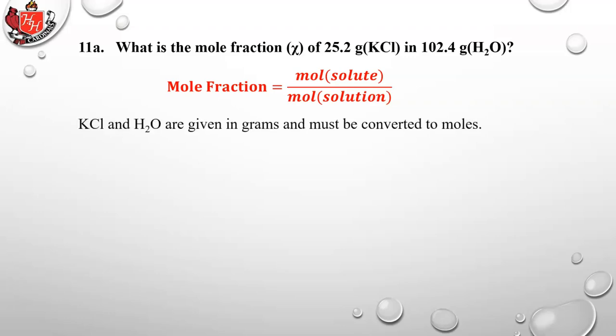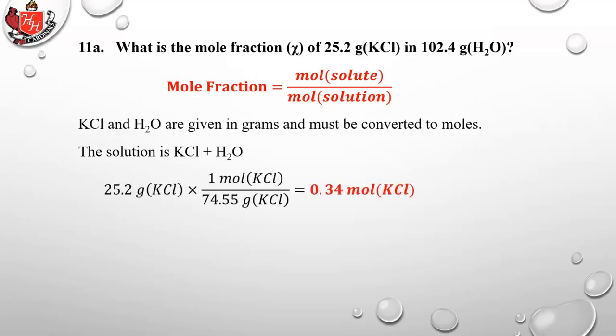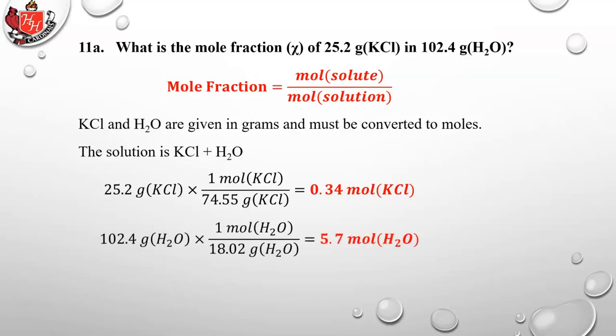Okay, so KCl and H2O are given in grams and must be converted to moles. So the solution is both of them together. So there we have 25.2 grams of KCl times 1 over the molar mass of KCl, 74.55. You compute that from the periodic table, you get 0.34 moles of KCl. For the water, 102.4, you divide by the standard molar mass of water, 18.02, and you get 5.7 moles of